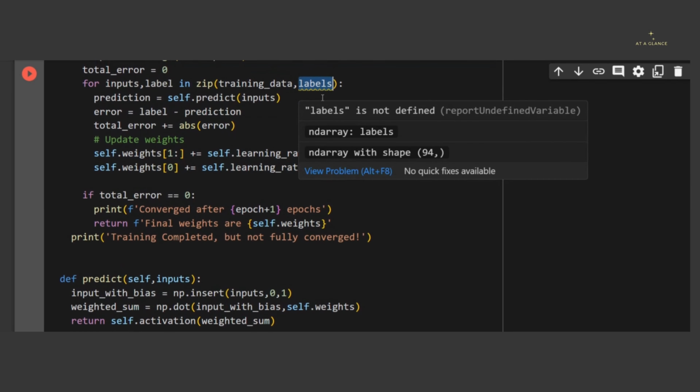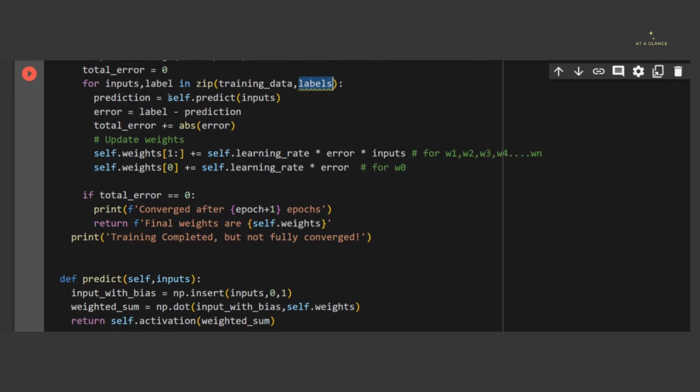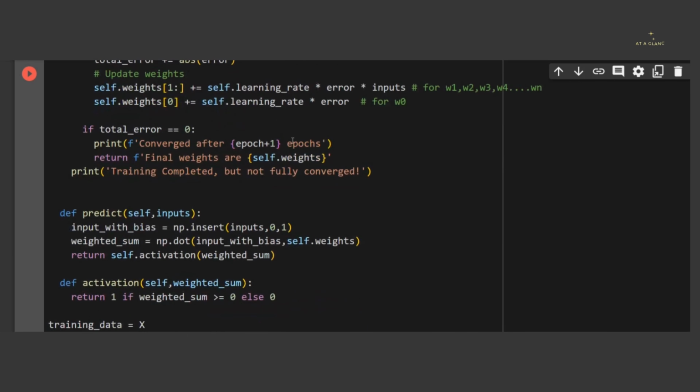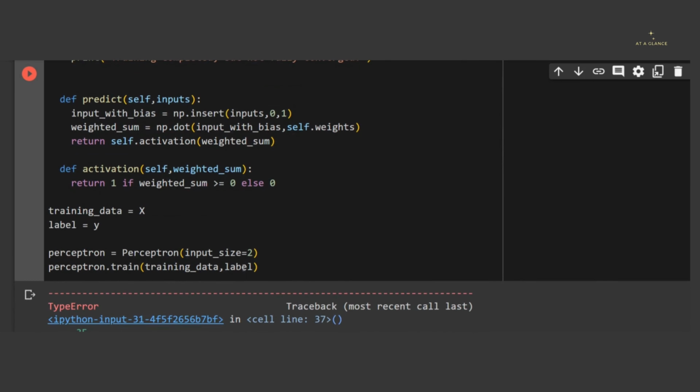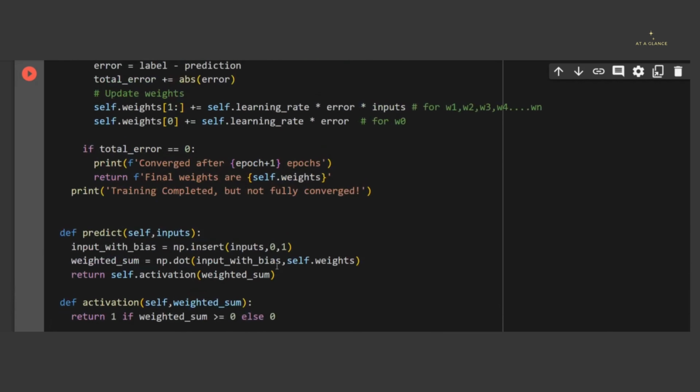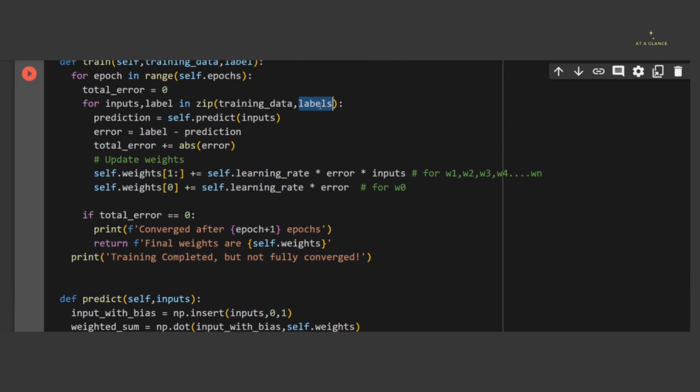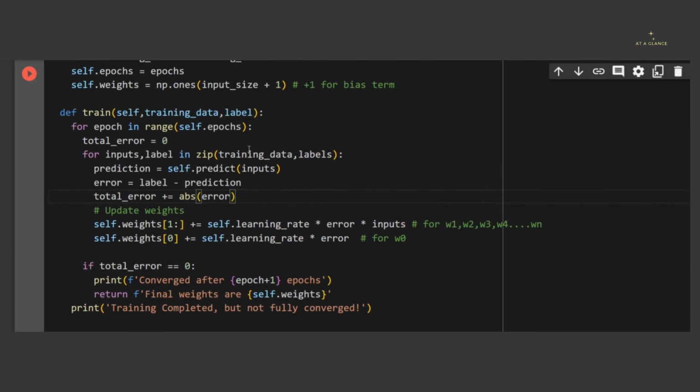So let's change the name of that label variable there also. Here also we'll have to add an s to the variable label. So it will be labels, and here also we'll write labels. Now we have changed the variable name, and I hope now this will properly execute. So let's execute the cell again,